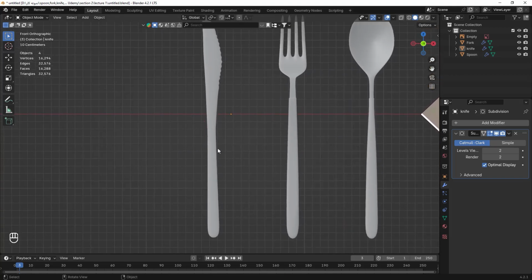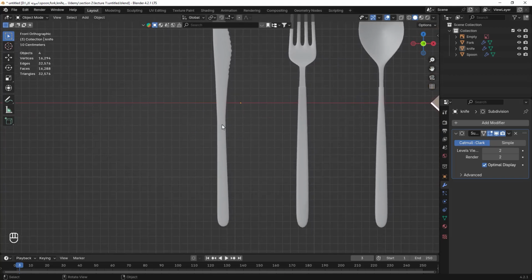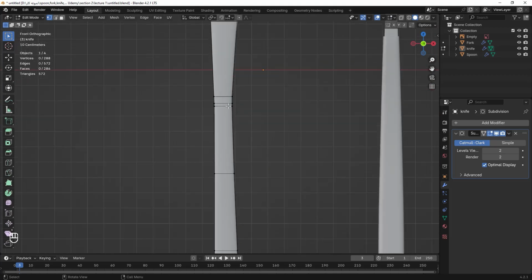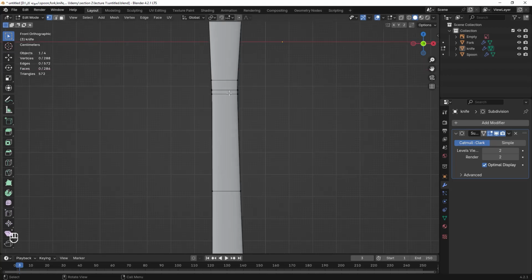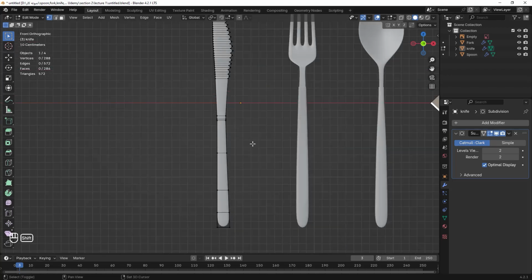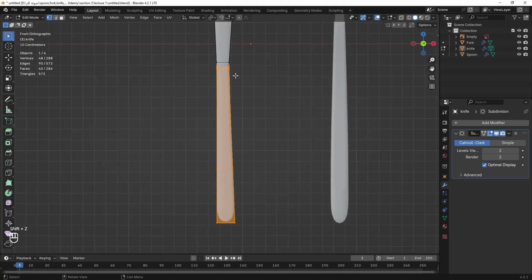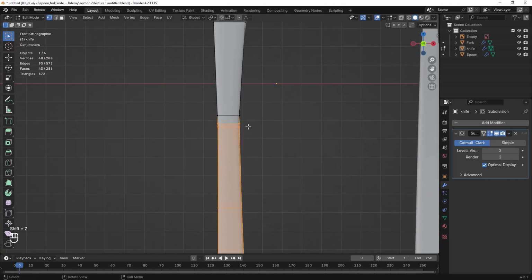Like the spoon and fork, we need to create a black edge to the outside, which is a little lower on the knife, and we enter the edit mode and select the faces that need to be extruded, and like the other two objects, press Ctrl F and